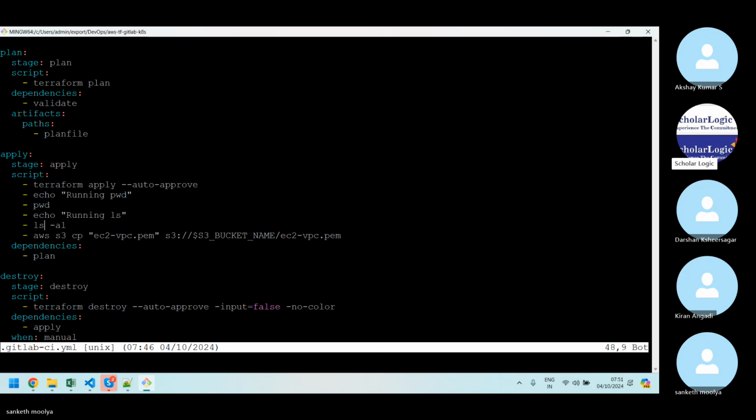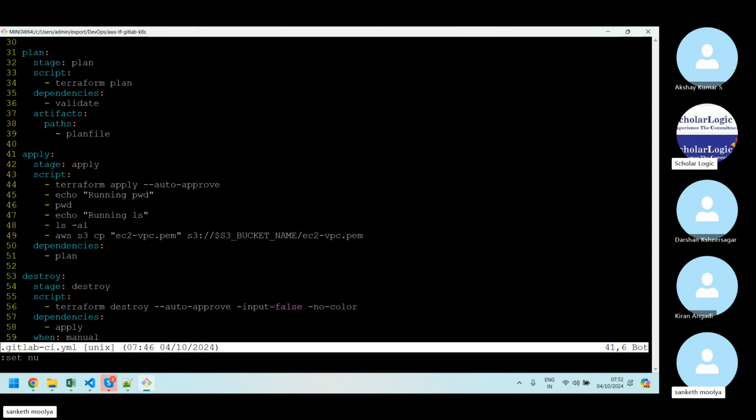Can you put a colon, set space nu? It basically refers to the line numbers. So here, line numbers 47, 48, right? Simply running some commands. If you look at number 49, we are trying to